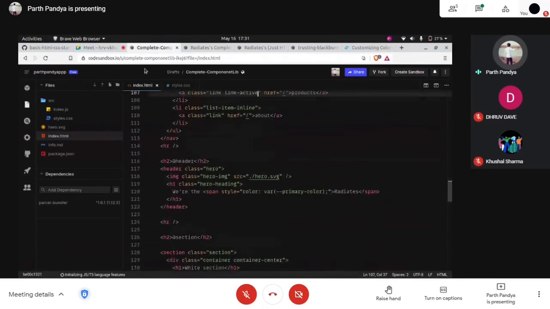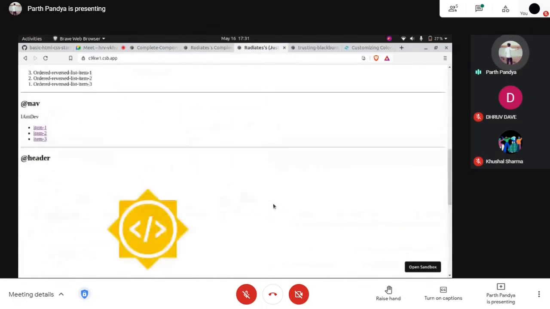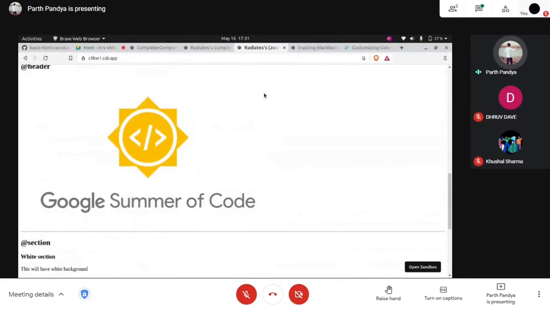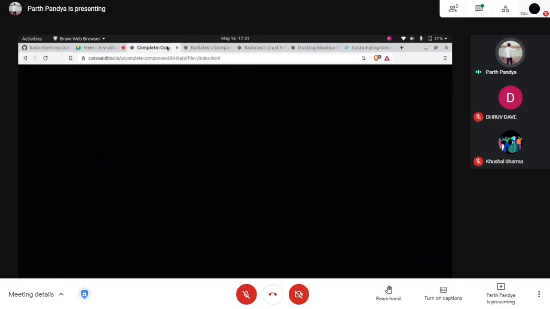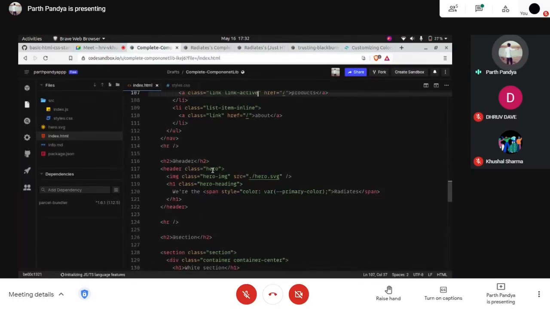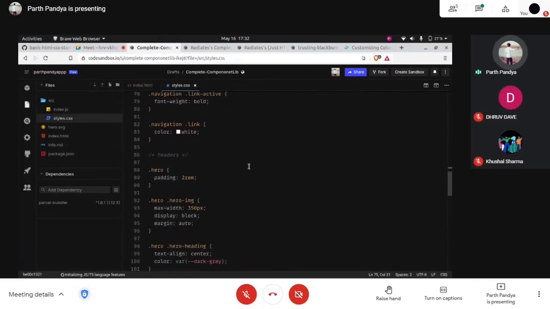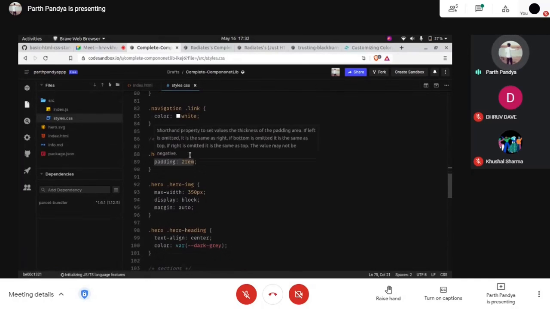Now let's move to header. Inside header, what we have? Image. That image was looking like this before we added this. I deleted that image yesterday, so I added another one. We didn't add any dimensions to that image. So today we are going to define a separate class for that, and we are going to give that class the name hero, and we are adding a padding of 2 rem.